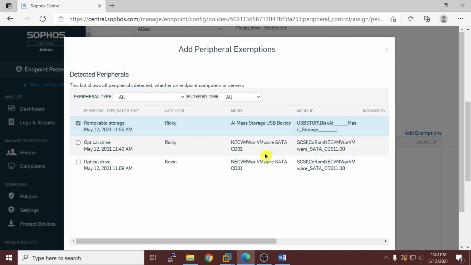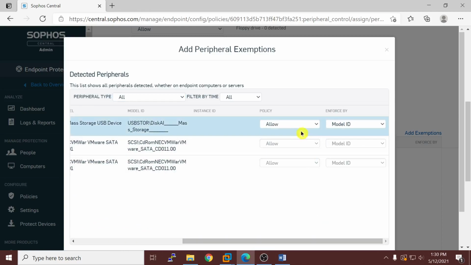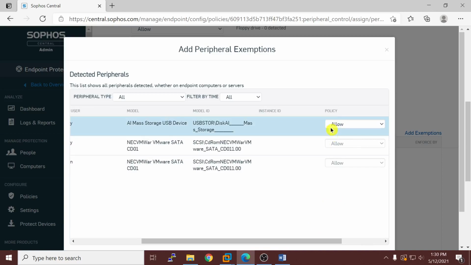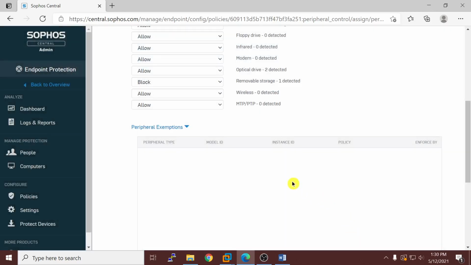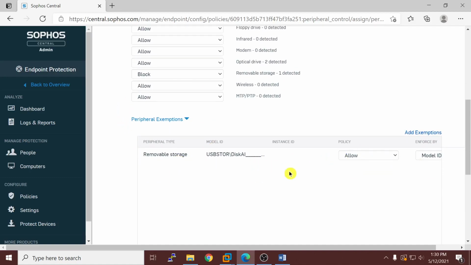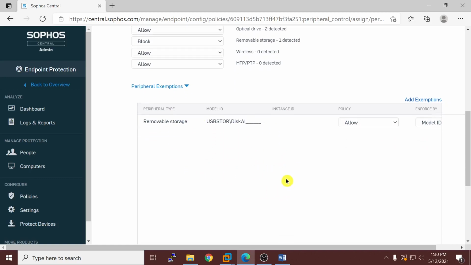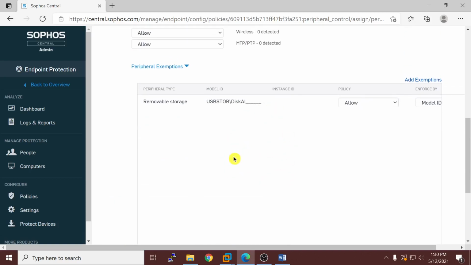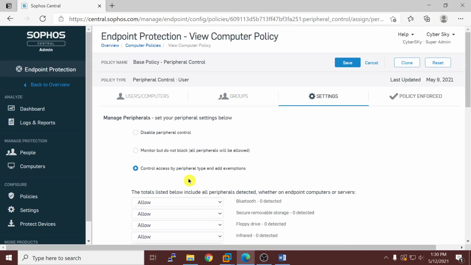You can select one, and if you go down, you can set allow, enforced by module ID and instance ID. Once you click allow, you can add these exceptions. So on the global settings removable storage is blocked, but one USB drive we have allowed as an exception. Like that you can add exceptions, and these are the control settings we have currently.